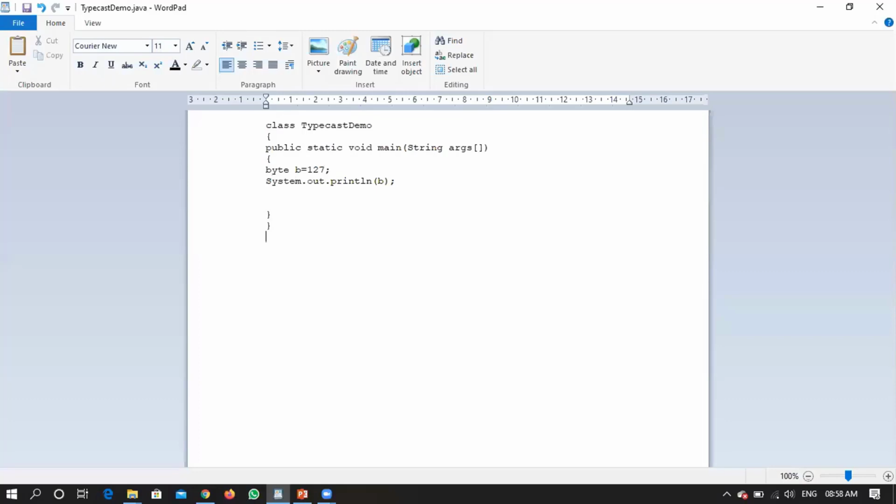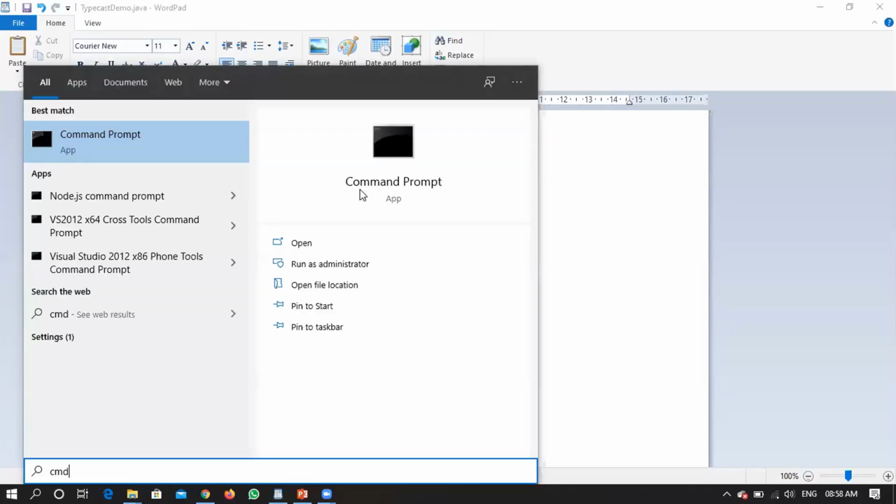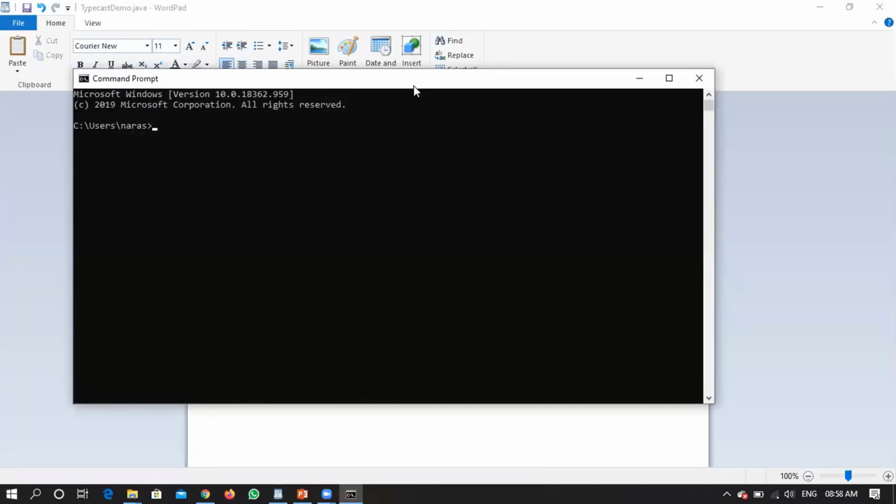Let me write it so that it is clear. So 127 is a feasible value. If I run the program, it should show the output as 127 only, because that is within the range of a byte.